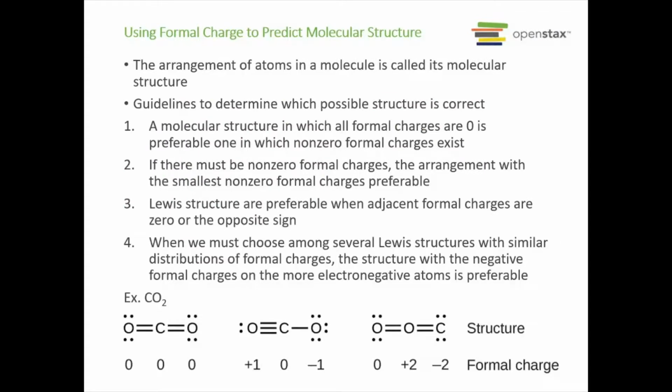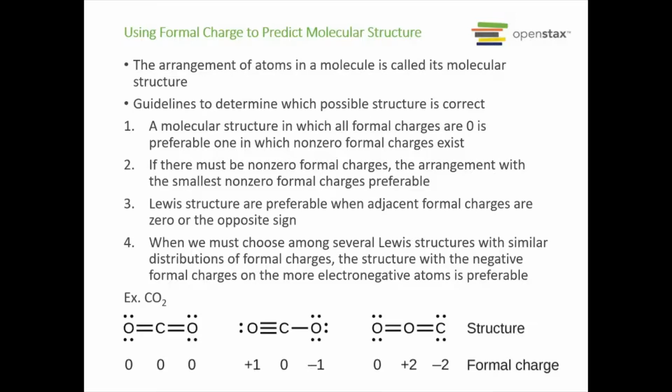Now we can use formal charge to predict molecular structure. So the way we do that is there's some guidelines that we're going to use. And the arrangement of atoms, just for your information, the way we arrange the atoms in a molecule is how we get the molecular structure. That's what we call the molecular structure. So we have 4 rules to determine which possible structure is correct when you have more than one that seems like it can work. The number 1 guideline is that a molecular structure in which all formal charges are 0